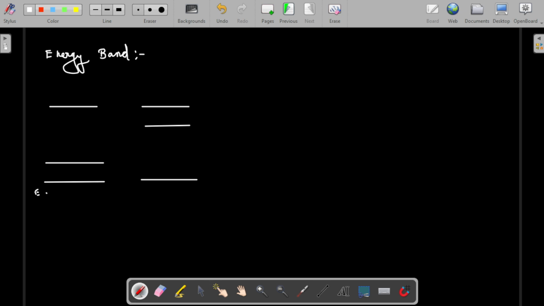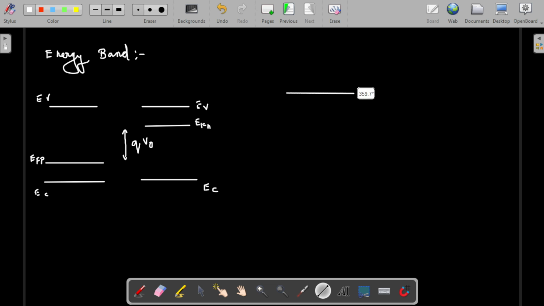This is EC, this is EC, this is EFP, this is EFN, this is EV, and this is EV. The net change between these two will be qV0. This much potential is needed in order to make this a conducting material. So if we combine both the materials at equilibrium, then what will happen is that